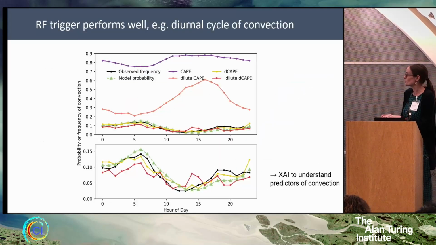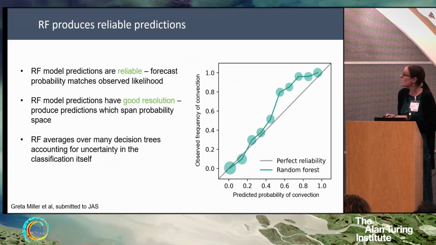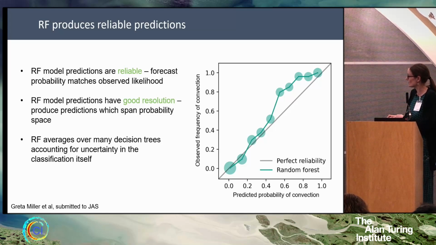What you can talk to Greta about in particular is how she's then gone in and used different XAI techniques to understand more what this tells us about the predictors of convection. What can we learn about the predictability, the probability of convection for different large-scale states? But what's also really important from our stochastic parameterization point of view is that the random forest is giving us predictions which are reliable, where the forecast probability of convection, which is here on the x-axis, is a good predictor for